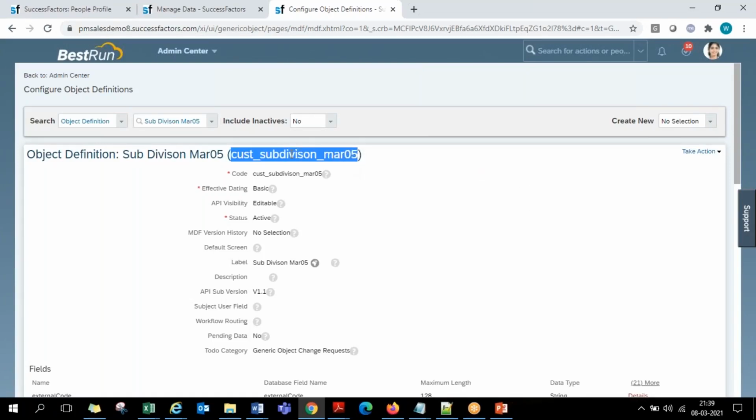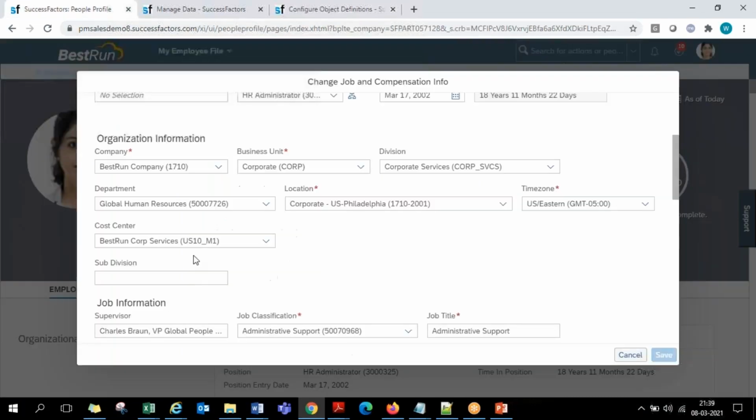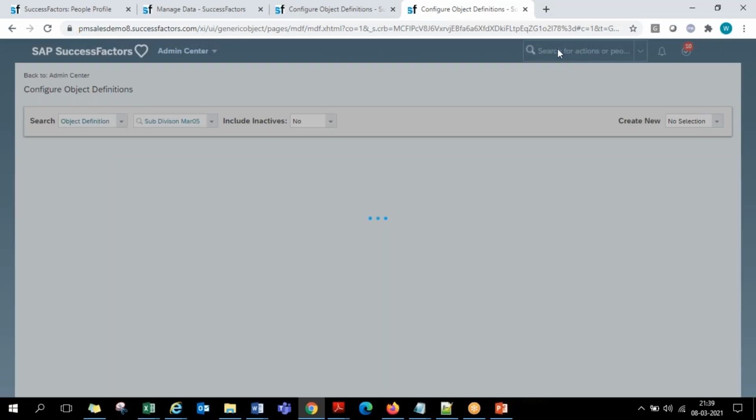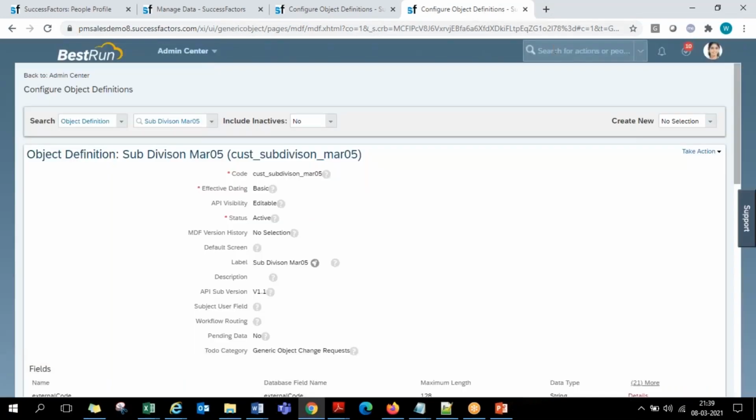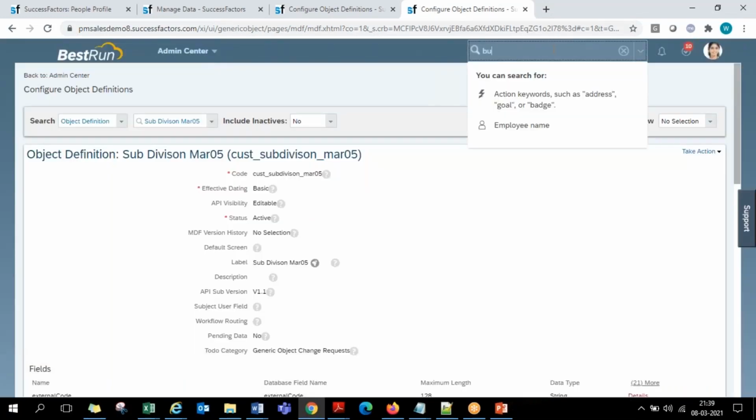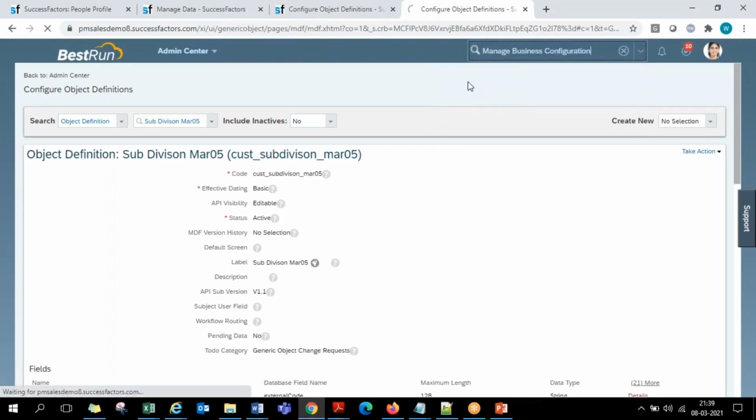Whatever code you have copied, you are required to link it with this particular field. So where can you do that field level linking? You again require the business configuration page. Let's go for this Manage Business Configuration.